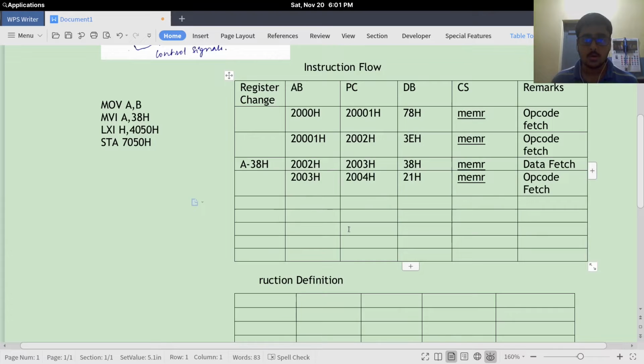Now I take the next memory location 2004H, and the program counter contains the next memory location 2005H, and on the data bus we need to read something from the memory, so MEMR, a memory read instruction.